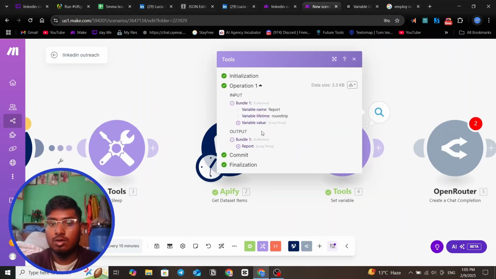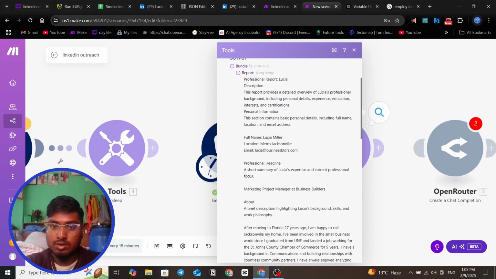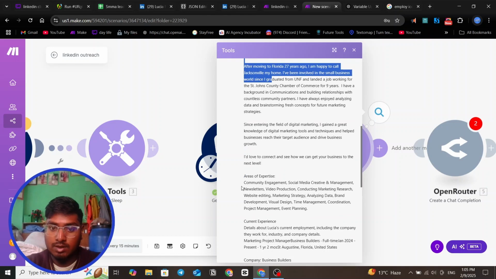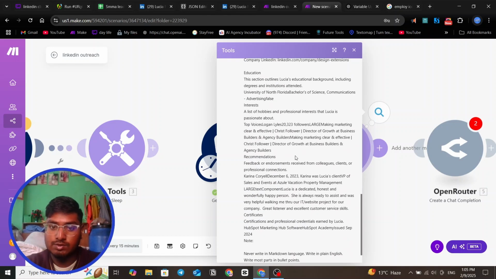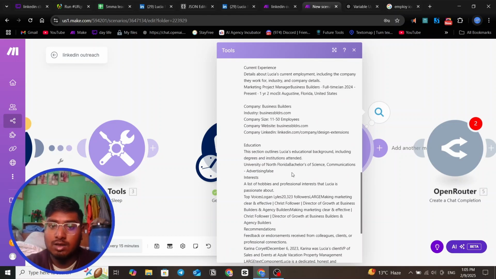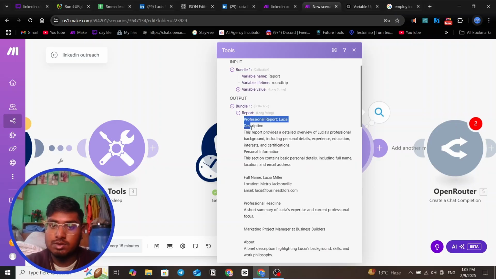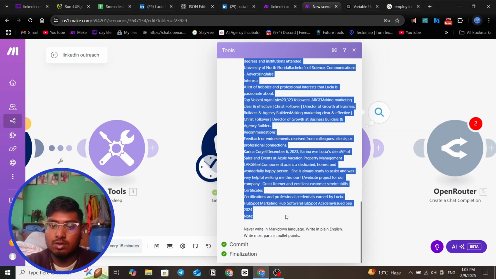Now, in this report that we get, we have the full name, location, email ID, the about section, meeting, area of expertise, current expertise, education, feedback. But this is very cluttered and unmanaged because we're using the arrays. So what we do is go to this whole prompt, copy it,